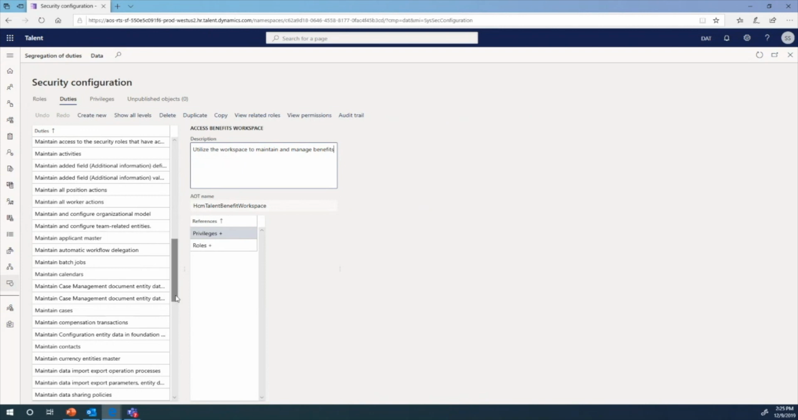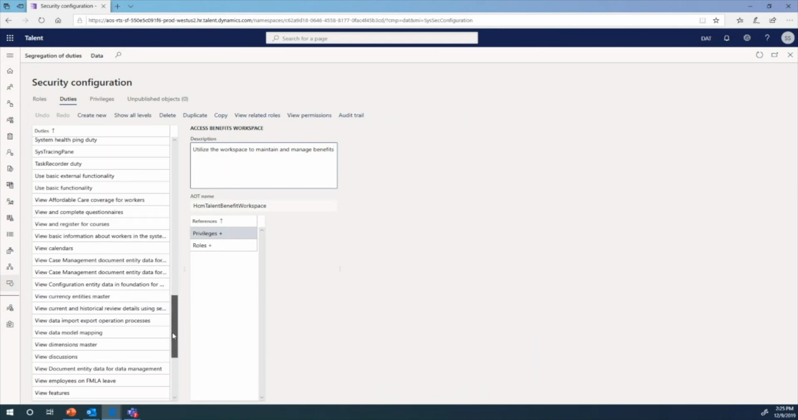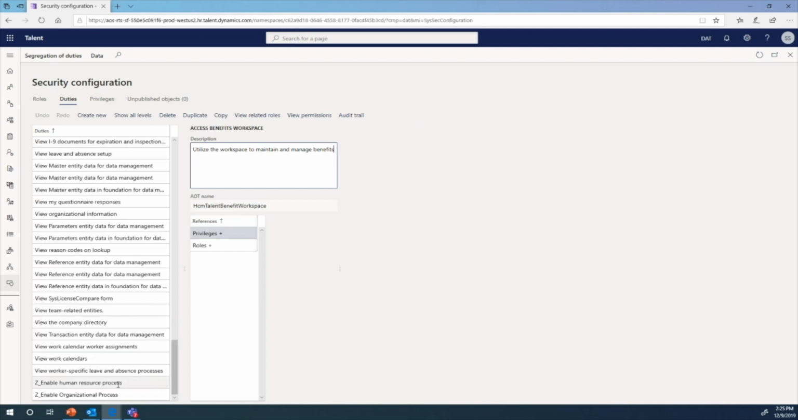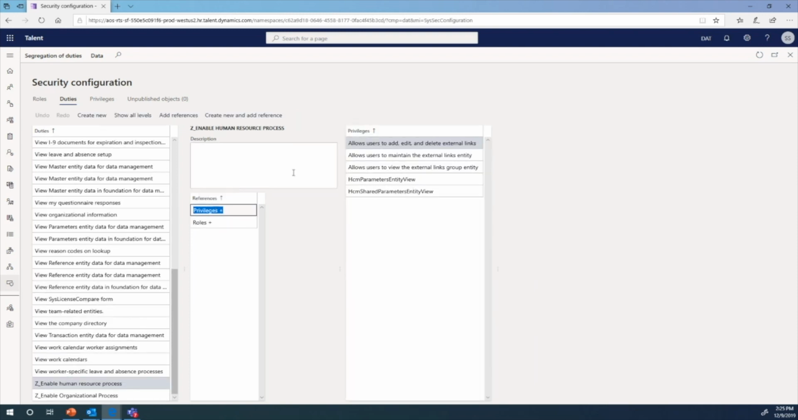Just to save demo time, I have already copied, or duplicated, that duty to a Z duty. For example, this one is a duty copied from the standard enable human resource process duty. Then I changed the privileges to view mode. It has just view right now, and the entity edit is changed to view. Now, after we